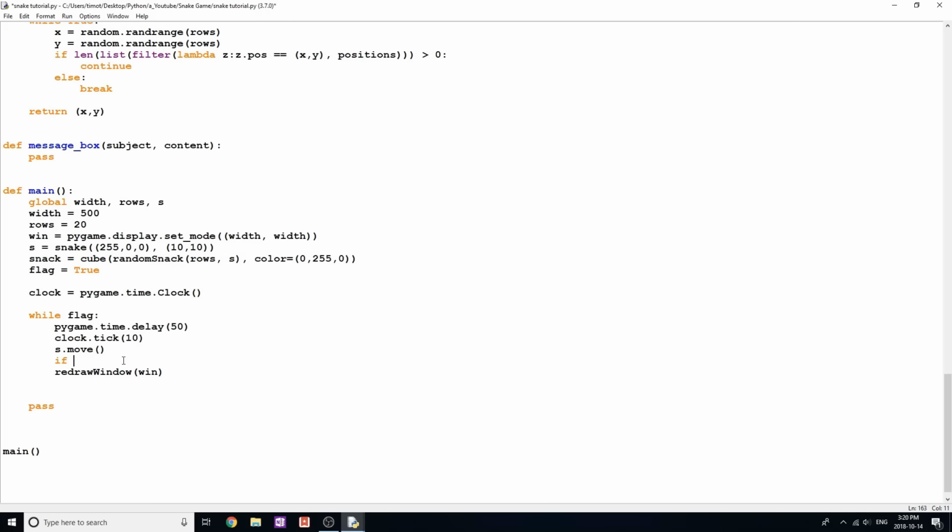So we're just going to say if s.body[0].pos, and this is going to be the head, right? Because we have it ordered. I don't need those brackets. Is equal to snack.pos. And remember, these are both cube objects, so this works fine because they're going to be